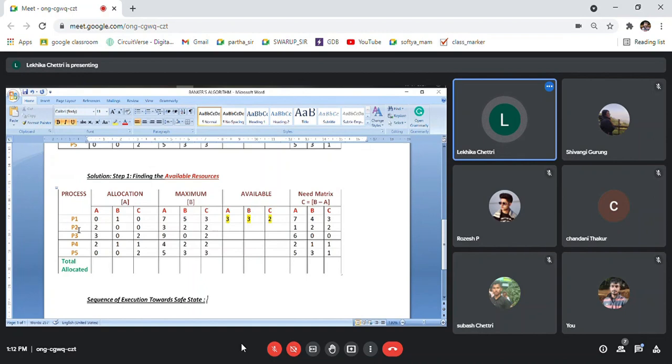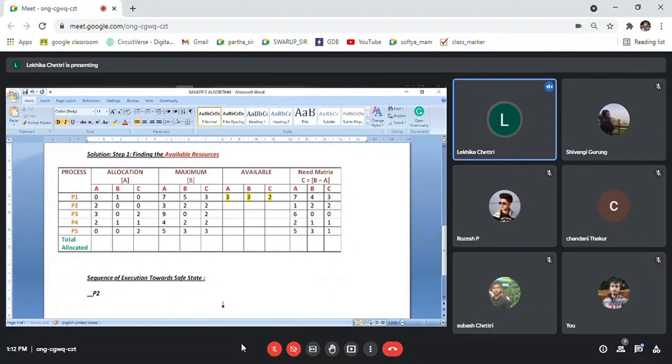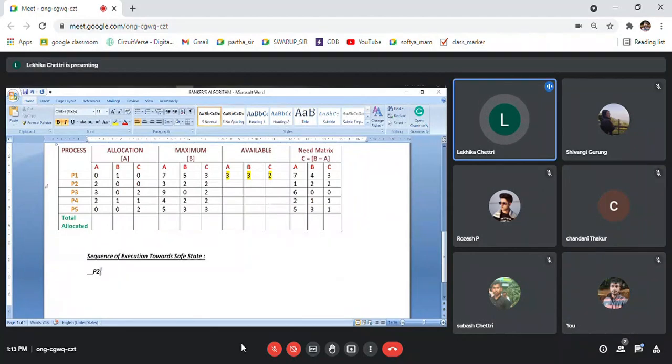So now, which process is executing first? P2. So you'll write down here first. Now, which one will execute? First, our P2 will execute. Okay. Our P2 will execute now first. So now, after P2 executes, let's say at time equals 0, the operating system allowed P2 to execute. Okay, it allowed.